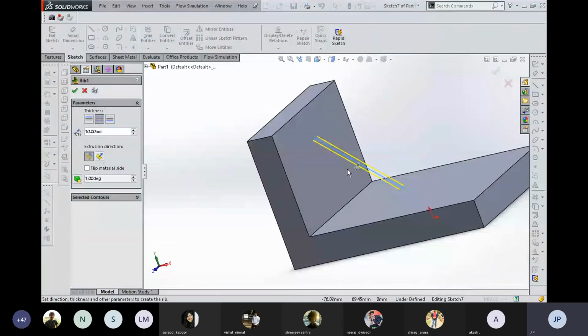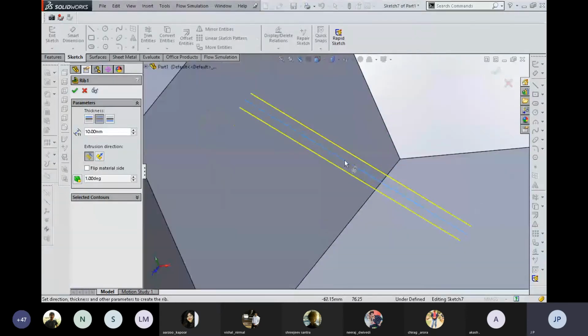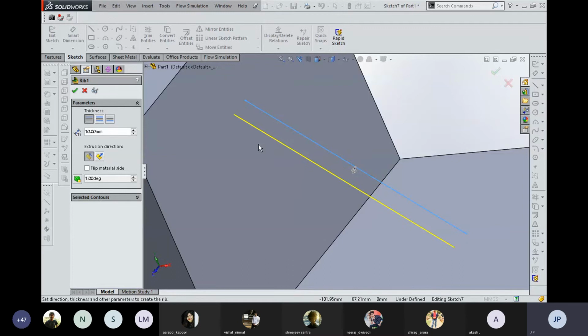So you can see that after clicking and creating the line, this rib is going to be created, and you see that the direction is right now acting on the inside. After exiting, you can change the thickness value of both sides by selecting these parameters: from first side, from both sides, or from left side, second side. You can give the thickness as blind, at the center, or from right side. Okay, so these are the few tools that are available.